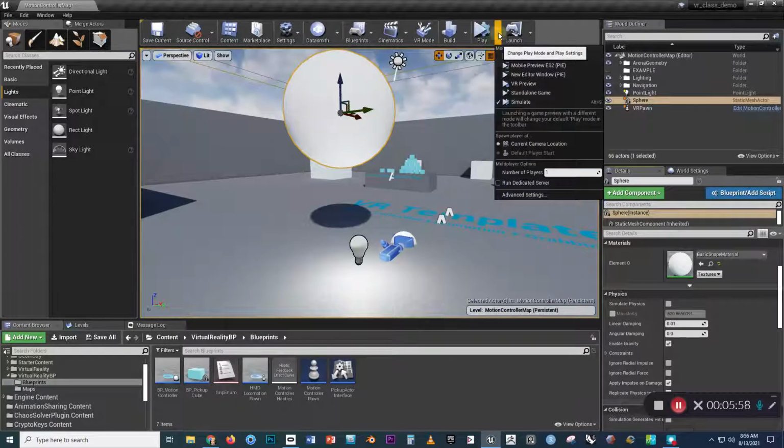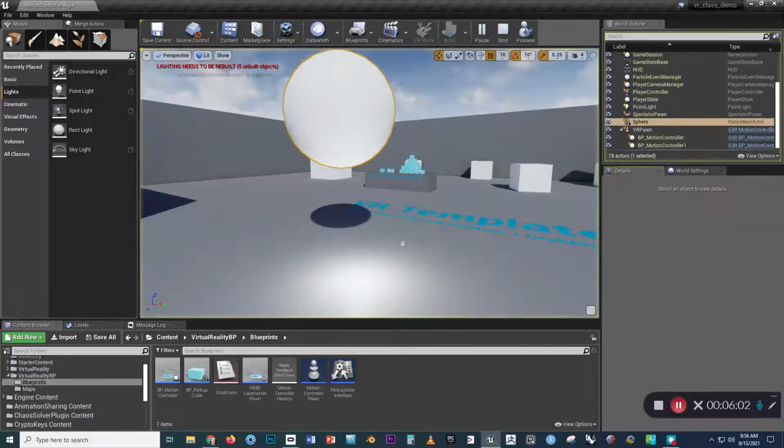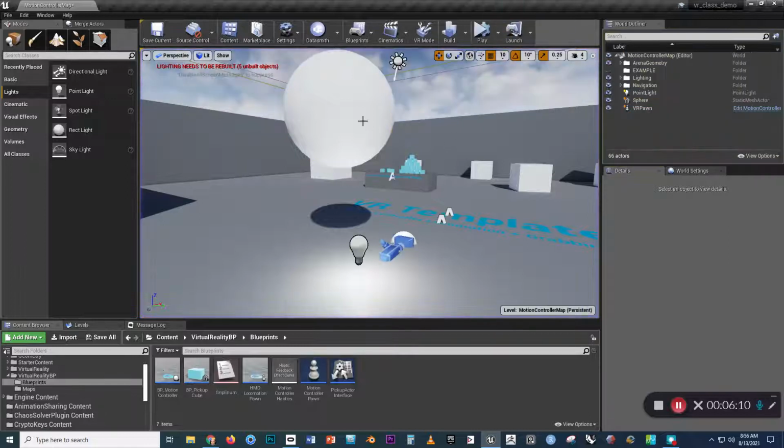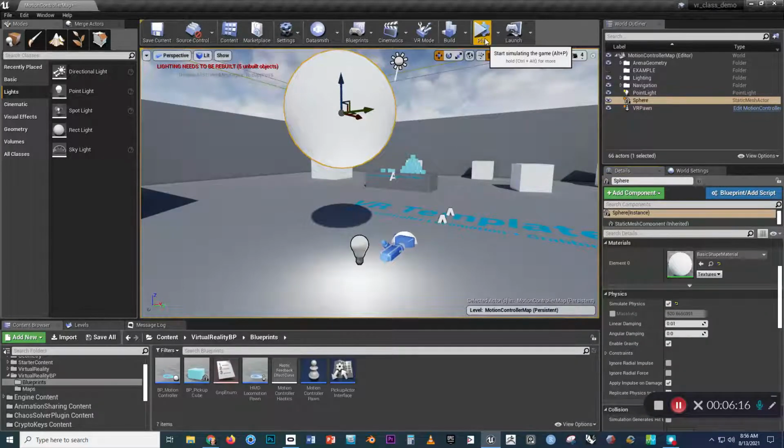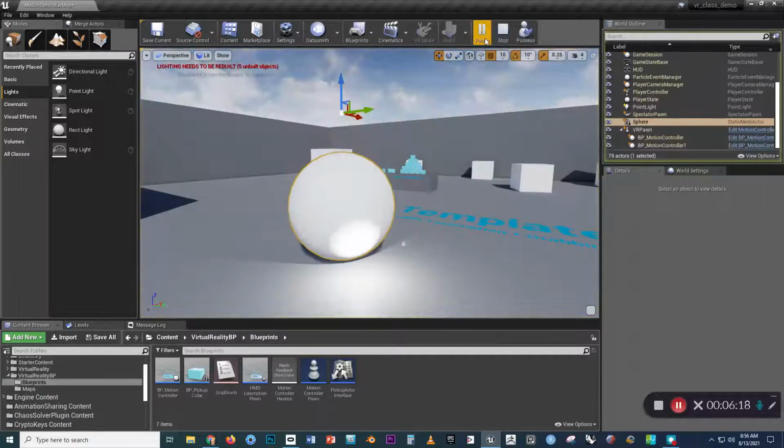I'm going to change this to simulate mode to play that way, which will just show us in our viewport what's going to happen with our stuff when the game begins play. So if I stop now, you can see that sphere didn't move at all. Let me click on it again, though, and turn on Simulate Physics and click play. And you can see it drops just as if it were